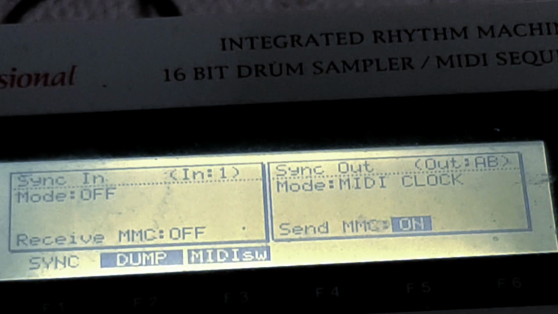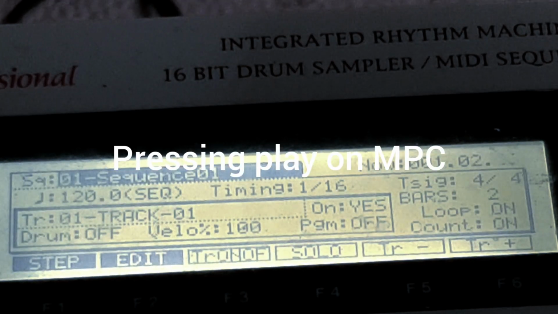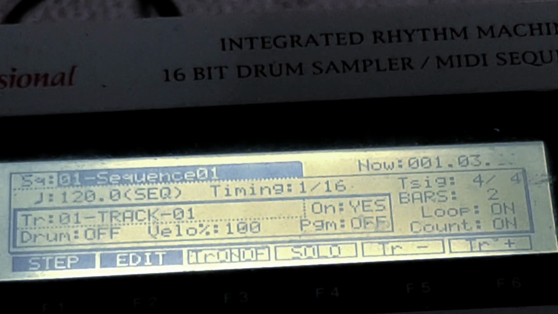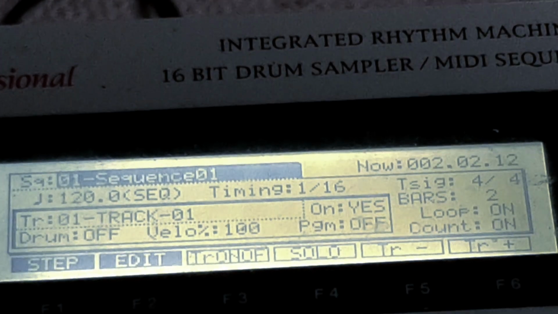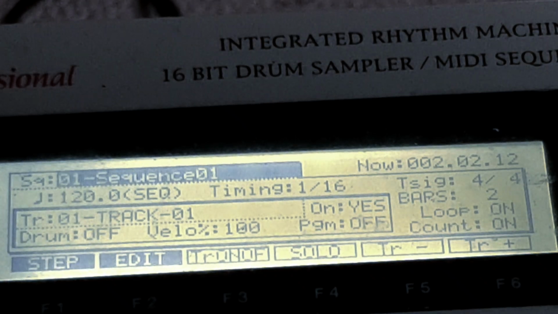When we press play, both machines should play the patterns they have selected in with the clock of the MPC. Let's see. So that works. If you don't want that, if you want to play the machines with the pads, go back